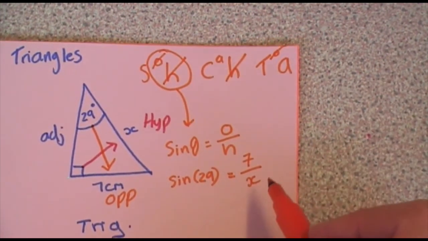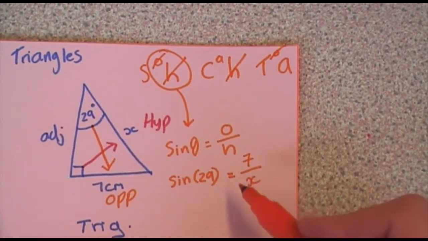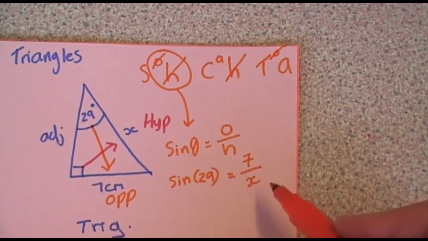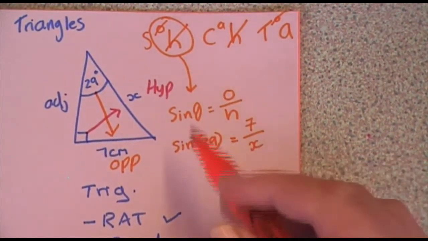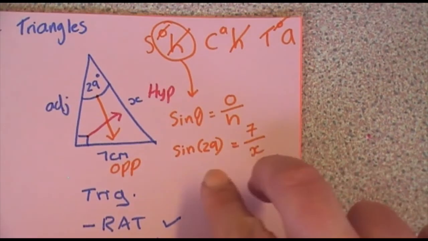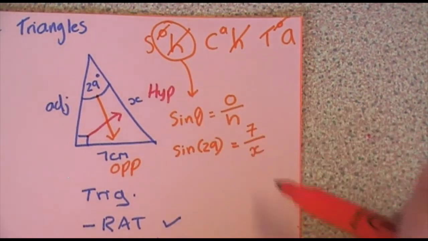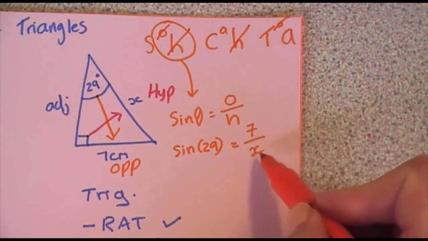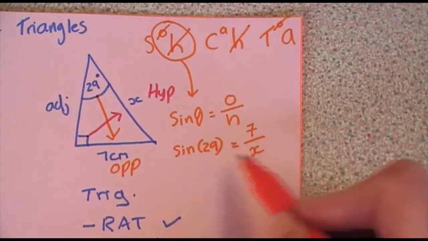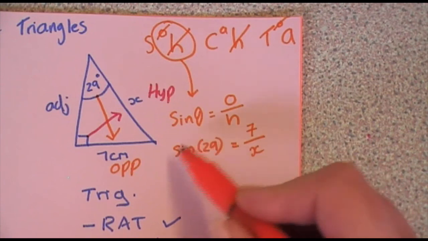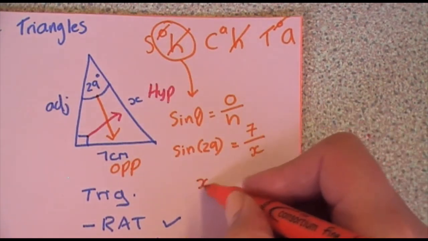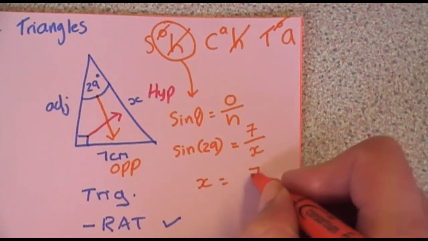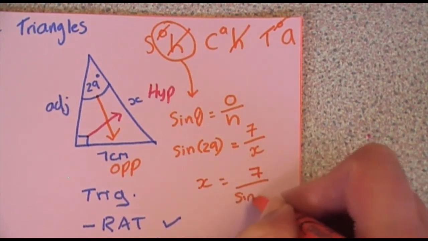Now, that's all well and good, but I want to know what x is. At the moment, it's trapped at the bottom of this quotient. I need to get x on its own. I need to make x the subject. If you struggle to rearrange algebra, then this is going to be an issue for you. A lot of people learn that you can just swap them, but the reason for that is to get rid of that divide by x, I would have to multiply by x on both sides, and then to get rid of the sine 29, I would divide that on both sides, which would mean I'd end up with x equals 7 over sine